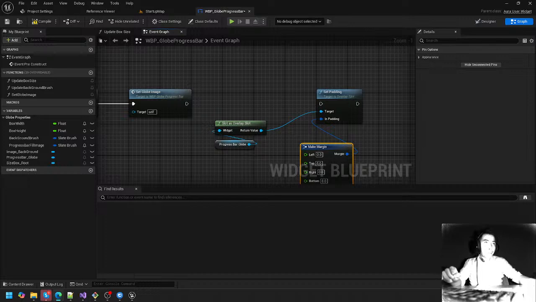And we have left, right, top, and bottom, and we can set the padding here. So what I'd like to do is make these variables that we can set, and then in child classes, we can override them if we want. Now, what values do we want the defaults to be? Well, we can